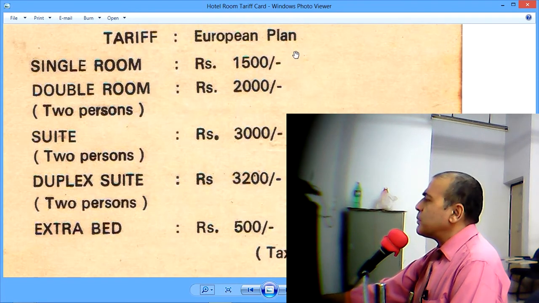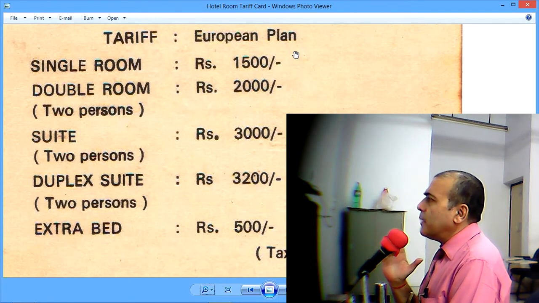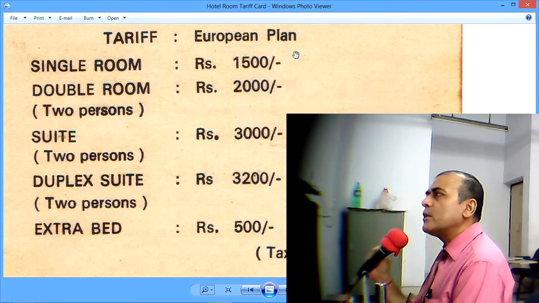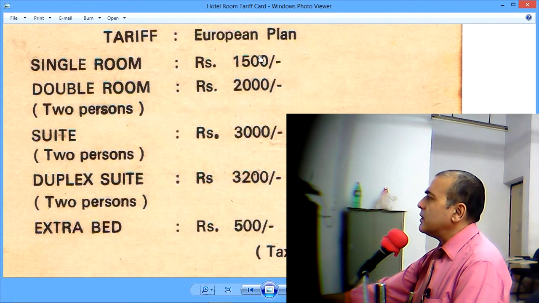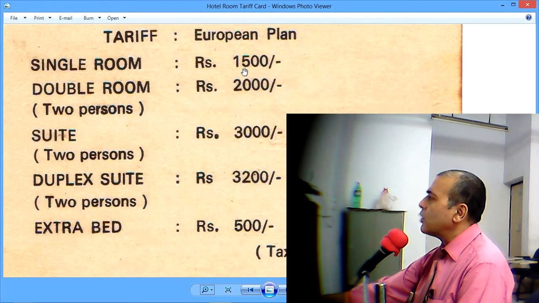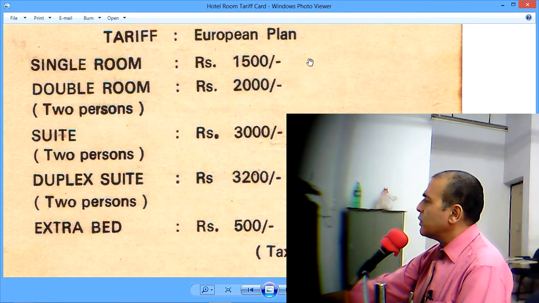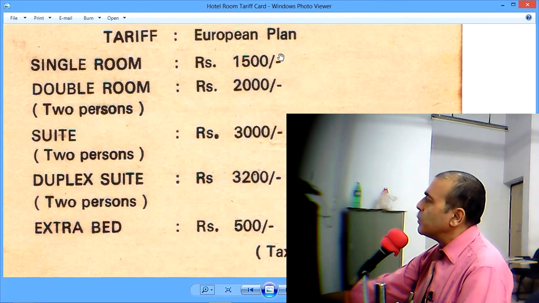But in other plans, plans like Continental Plan, Bermuda Plan, American Plan, Modified American Plan, the hotel also provides to the traveler food along with the room. So when we see in a tariff card, it is mentioned as European plan, it means for this price, you will only get a room and nothing more. And if you want also the facility of food with your room, then you must inquire during your reservation. Those plans which include food will be higher than the European plan tariff.